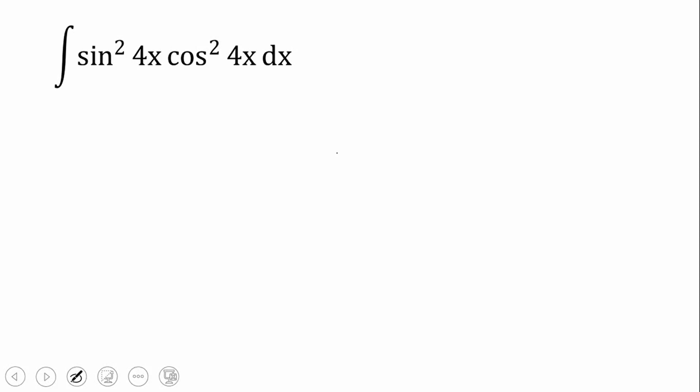So all we need to do here is to transform this function into a function that can be integrated. Okay, so the first thing that we need to do here is to factor out, or to take the square outside of the function. That is the integration of sine 4x cosine 4x